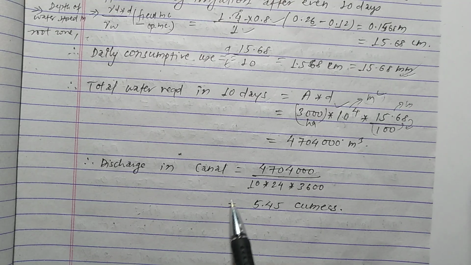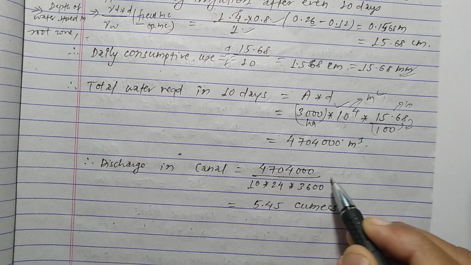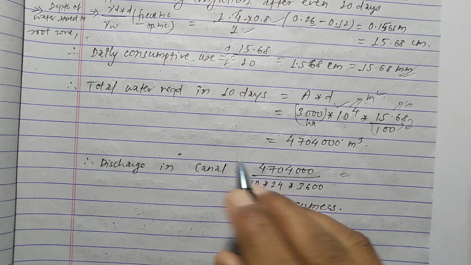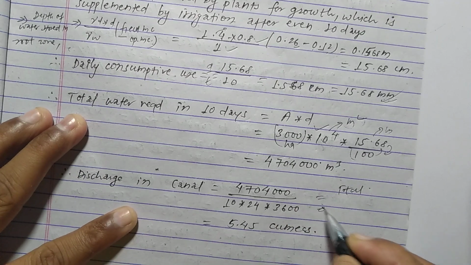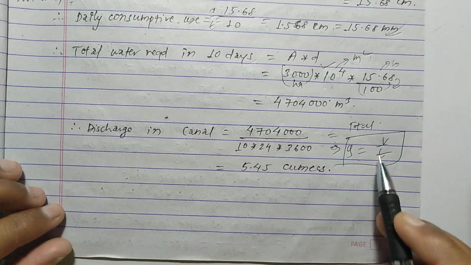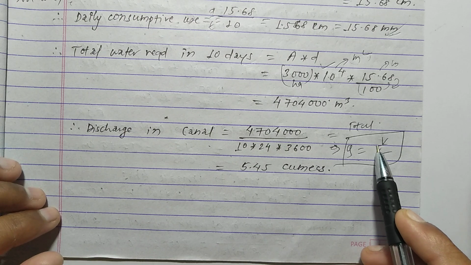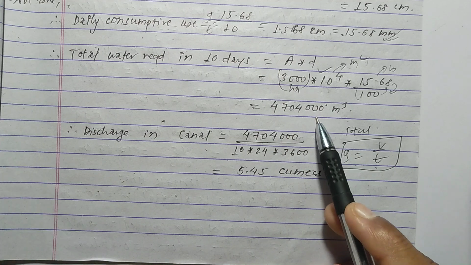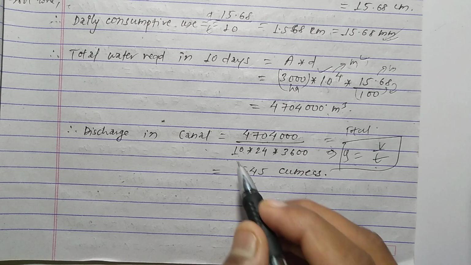For the discharge in a canal, we have to divide this value by the time, or you can say total water, or you can write like this: discharge equal to V by T simply. We have to use this formula, discharge equal to V by T, and discharge in canal equals the total water calculated, that is volume of water, 4704000 by time, which is given in the question as 10 days. Okay, so we have to convert